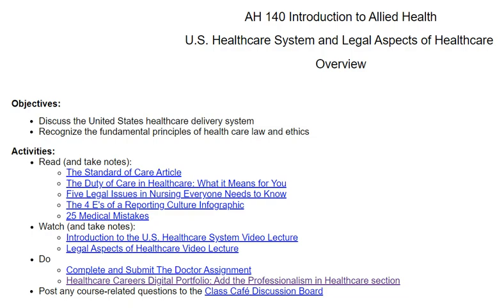This week we have two topics that we're looking at. The first is the U.S. healthcare system, and the second are legal aspects of healthcare. So our objectives for this week is by the end of this module, you should be able to discuss the United States healthcare delivery system, and you should recognize the fundamental principles of healthcare law, knowing that ethics we'll be